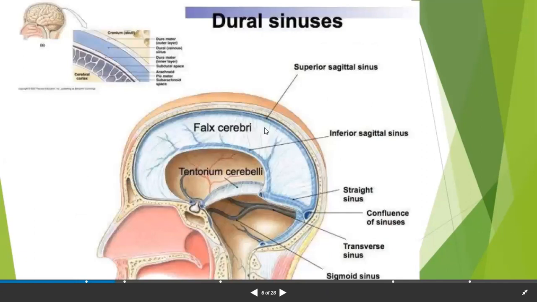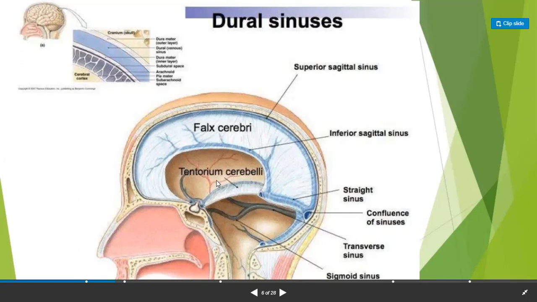Now see, this is a picture where we are seeing exclusively the falx cerebri along with the dural venous sinuses. I told you the endosteal layer and meningeal layer split to enclose the dural venous sinus, the venous blood. So this is the sickle-shaped fold of dura mater. The superior aspect of this falx cerebri is attached to the inside aspect of the sagittal suture. Here it is associated with one dural venous sinus, named the superior sagittal sinus.